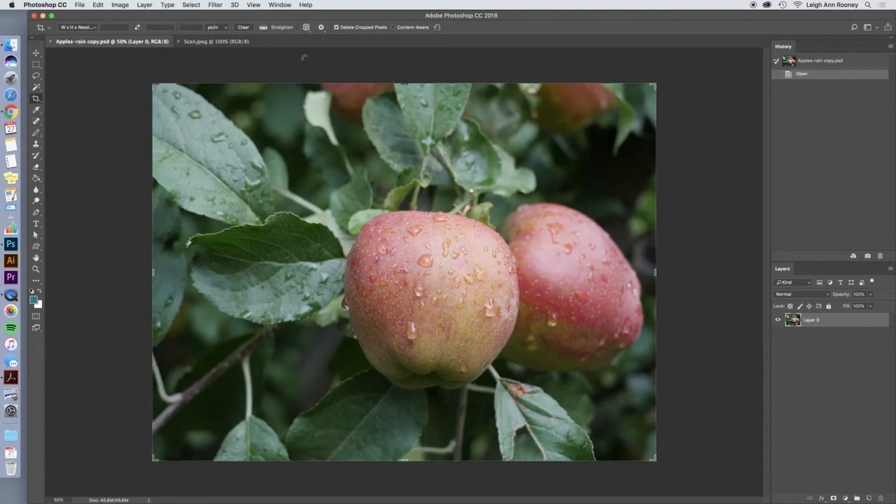So now we're going to get into the adjustments. This is the really fun part. This is where you can get super creative. This is always the first thing I teach people in Photoshop. I think it gets the most beautiful results really quickly and easily, and it gets you warmed up to using